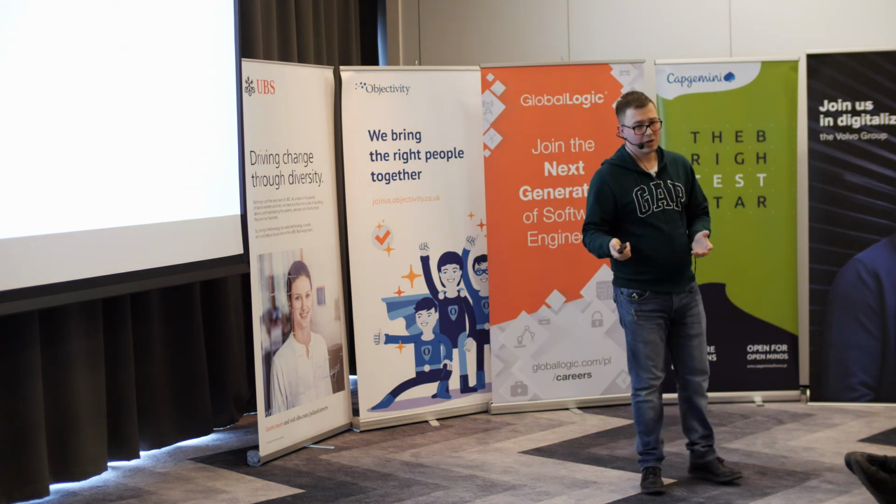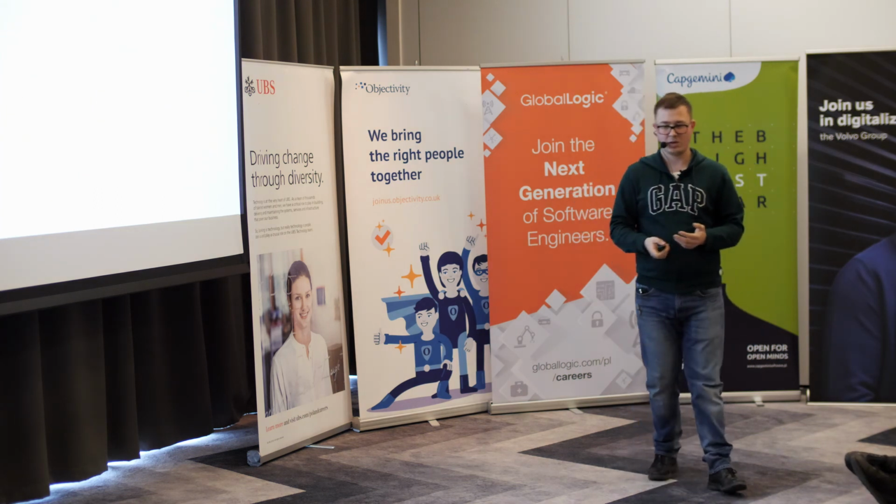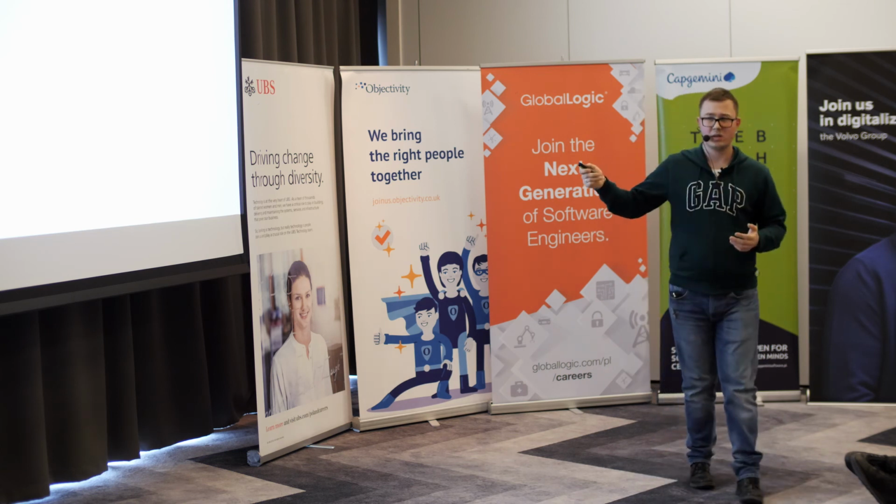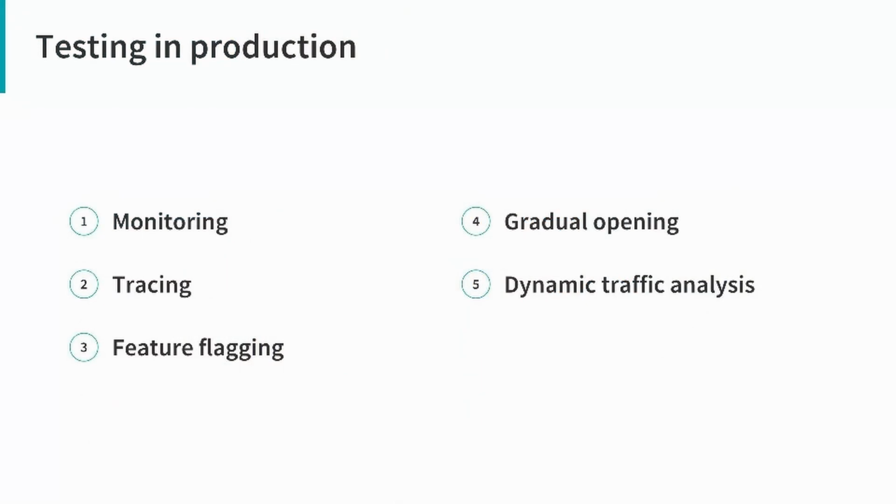What we can do is testing in production. A few things you can do in production for microservices is monitoring. In order to get all the information about how events are handled in your application, without monitoring it will not be possible to get